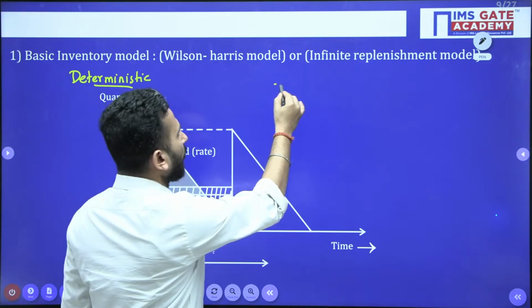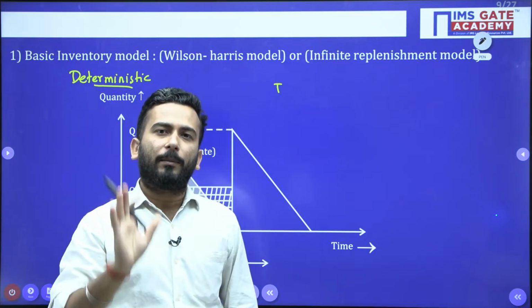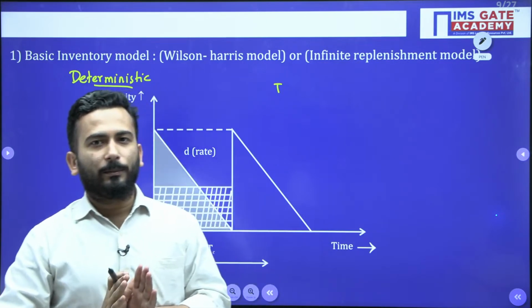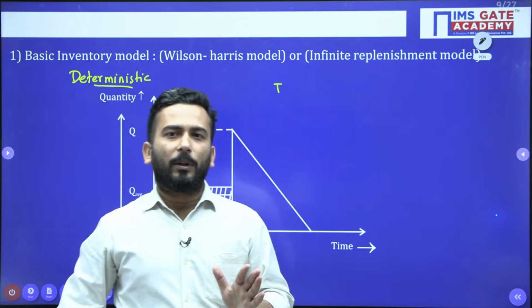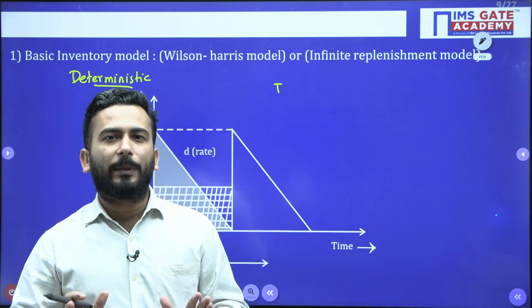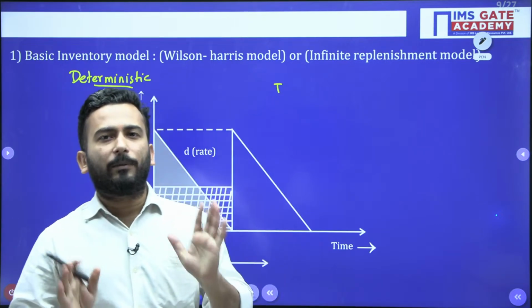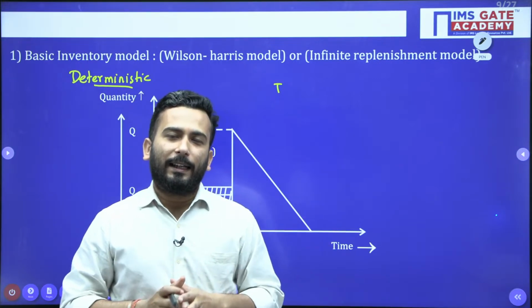what is the total cost? See, I'll tell you one thing. In any model, just remember one thing: we have to minimize the total variable cost. That's it. I repeat again, for any model, what is the underlying concept? The concept is we have to minimize the total variable cost, and whatever expression we get from there, we use as the expression. See, in inventory,